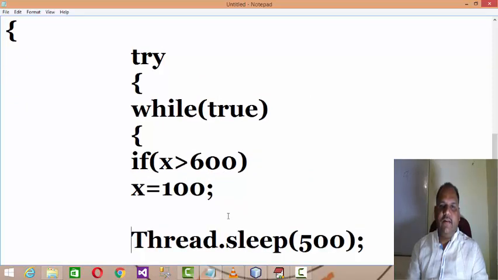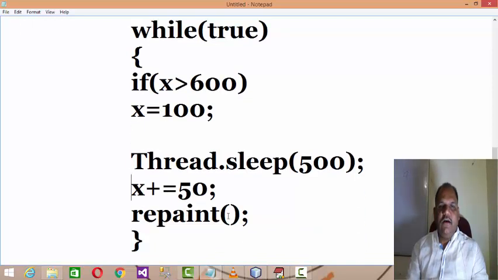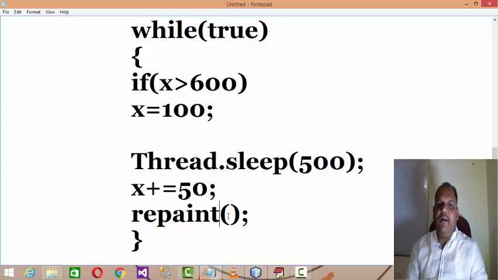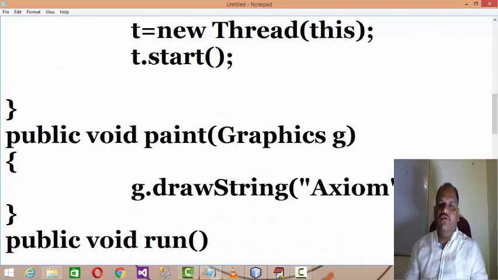If it is not more than 600, then it goes to sleep for 500 milliseconds, updates the value of x by 50, and repaints. Repaint means with this updated value of x, it again increments x by 50 and then calls paint. In paint, with the updated value of x, since we are only updating x, that dynamic value is applicable, and the string will scroll from the 100 position to the 600 position and again back to 100.